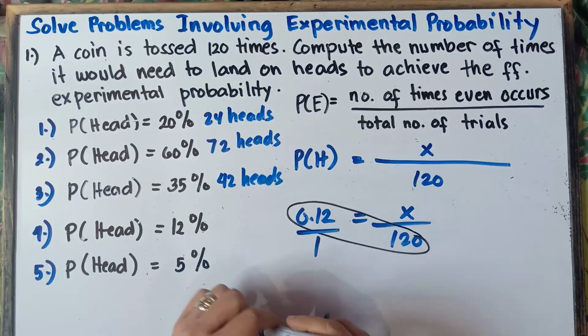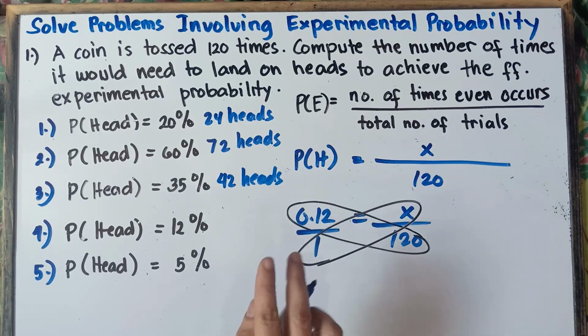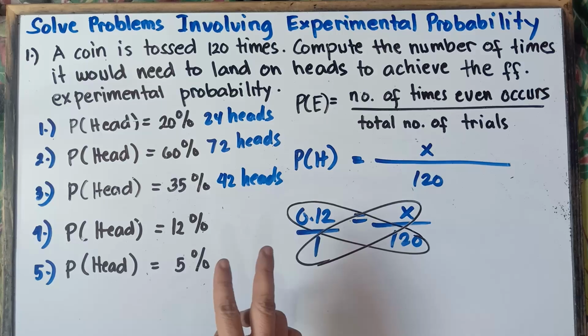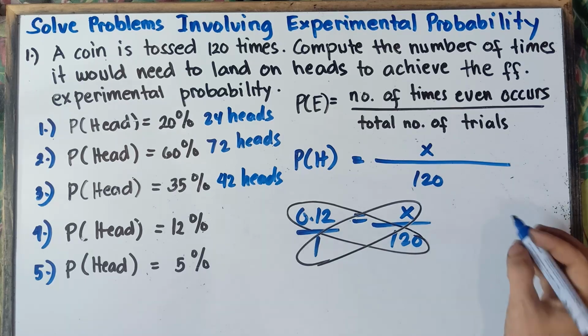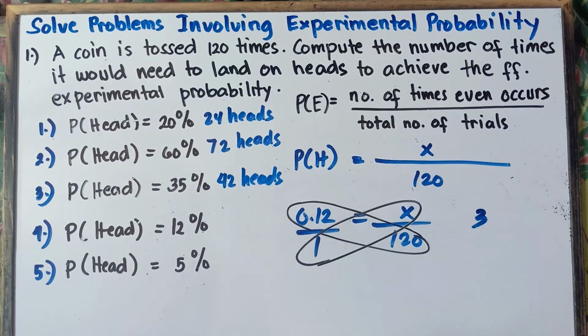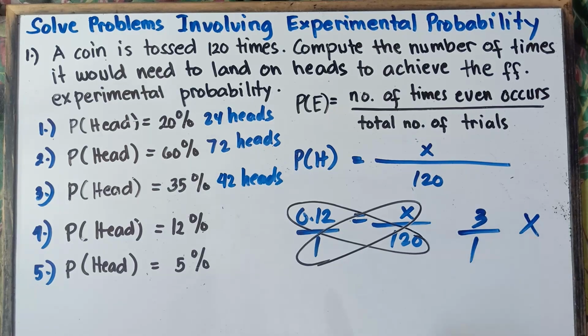Understood that there's 1 here. Cross multiply. Once again, class, any numerator, understood that there is a denominator of 1. Any number, any variable, if you didn't see any denominator, understood, class, that there's 1. Example, class, the whole number 3, understood that there is a denominator of 1. X, a variable x, understood that there is a denominator of 1.